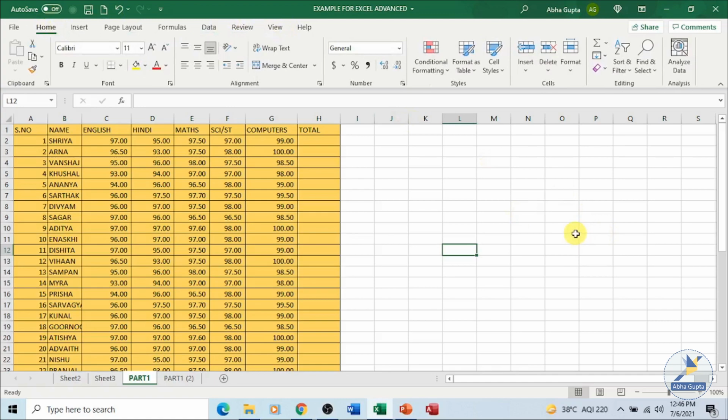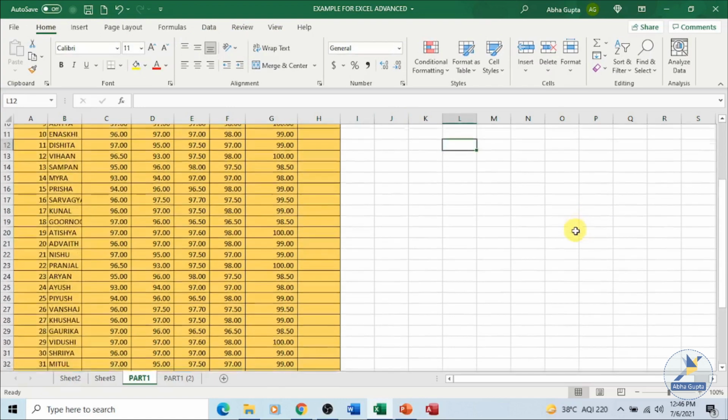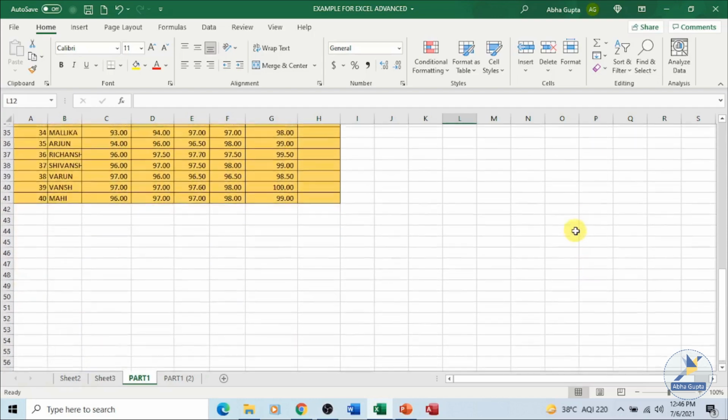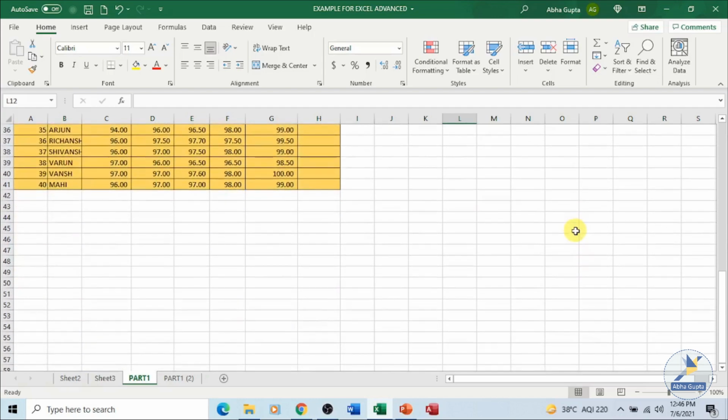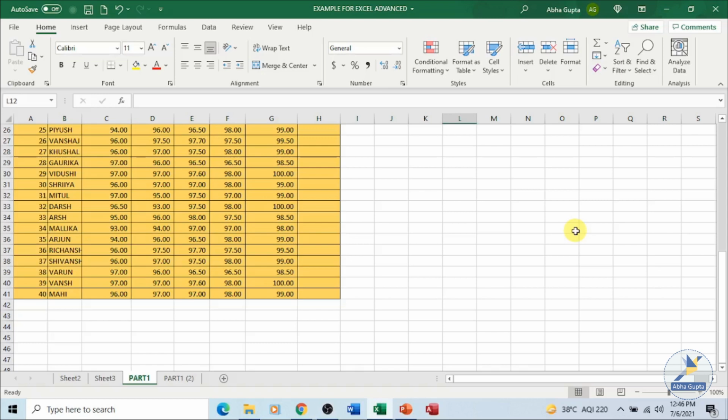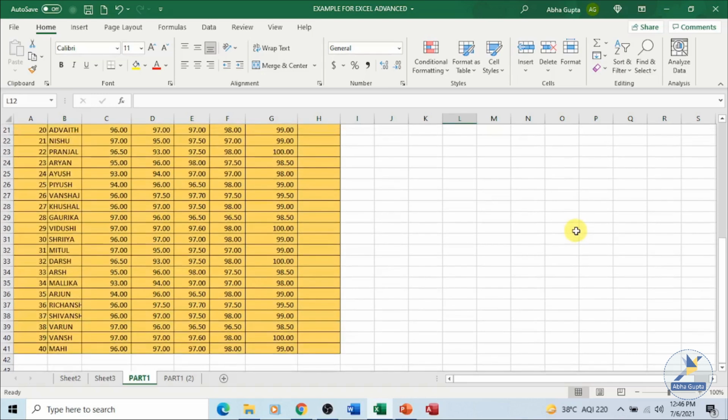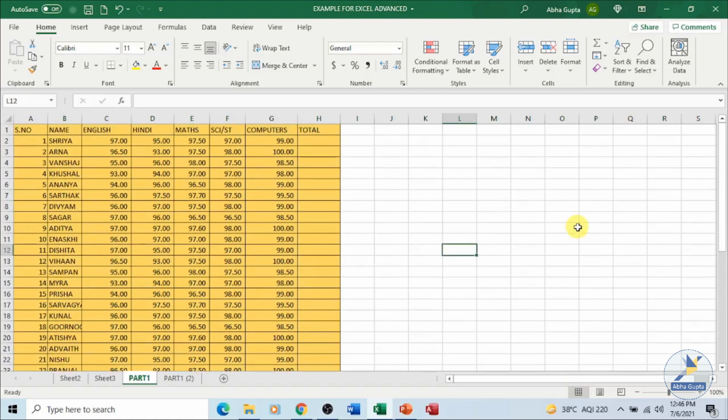Now in this example, if you look closely, I have the records of all the students of my class, and when I scroll down the page, I can see the last record, the marks of the student roll number 40, but I do not know which marks is for which subject. The heading also scrolls. So if there is a requirement that we want to keep this heading fixed on my worksheet and scroll the rest of the data, that can also be done. That comes under freezing and unfreezing of the panes.